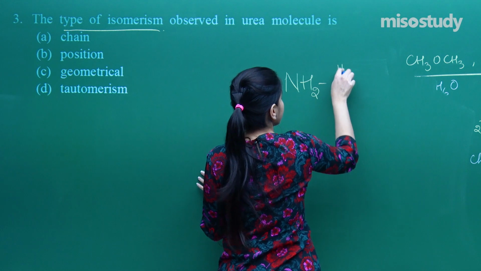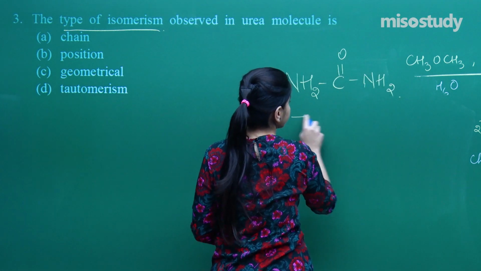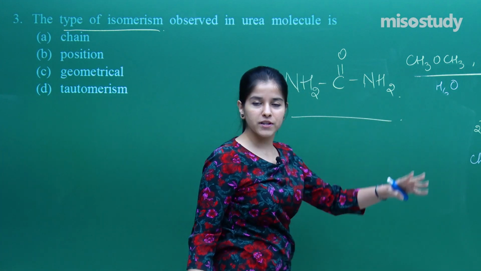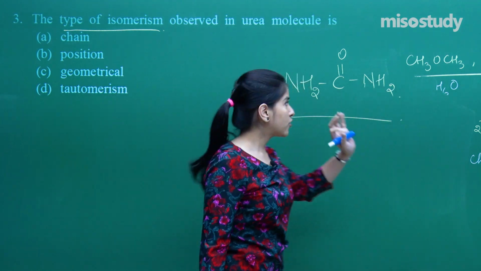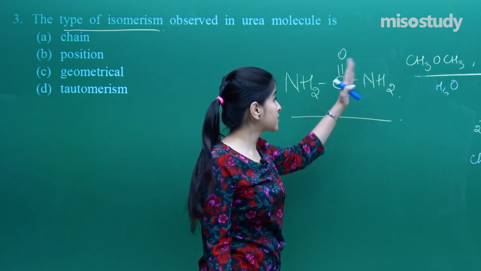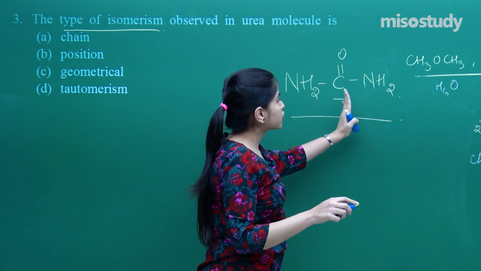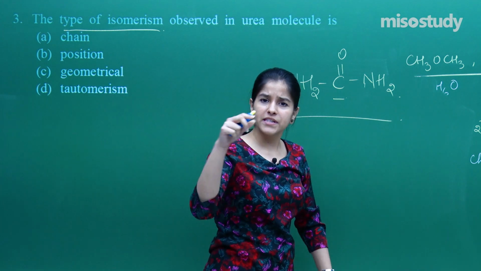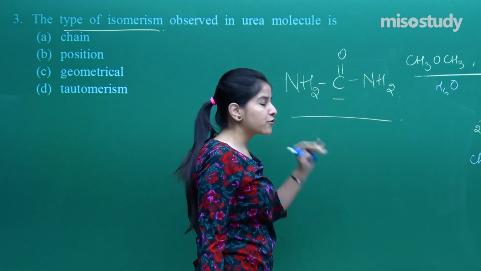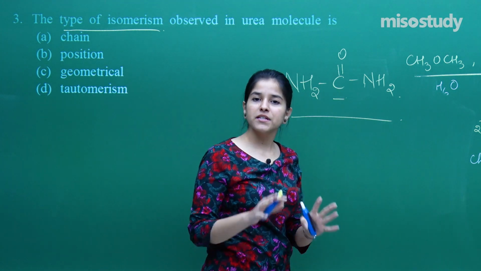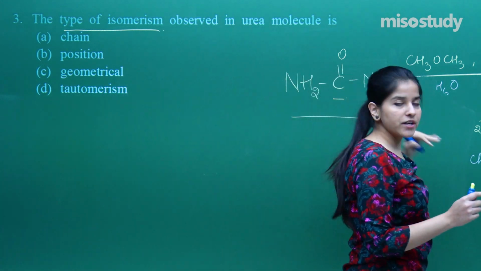So that is nothing but the urea molecule. What kind of isomerism will that be? Can I change the functional group? No, I cannot. Because if I need to change the functional group, make it somewhat terminal, let's say this very functional group, I change it into CHO. Then how will I complete the entire chain? I have got only nitrogens left. So there won't be the same molecular formula. So that is why it is not a chain isomerism.